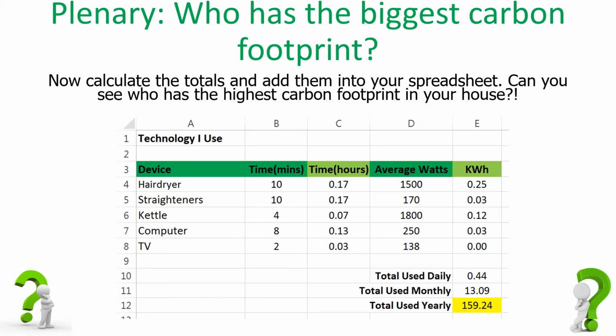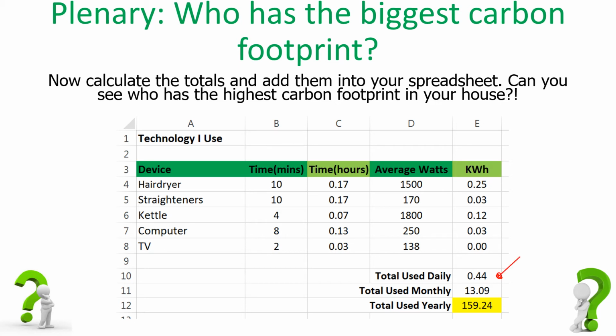So now you have added in how long you use each device for, and you should have worked out the average wattage for each device, which will have given you the kilowatts as well, all automatically populated. So on your calculator, you'll see that there is a total used daily title. There's also total used monthly and total used yearly. So what you can do is click into the column or the cell just to the right of the title total used daily. So I'll see if I can highlight this here for you. So if you click into this cell,